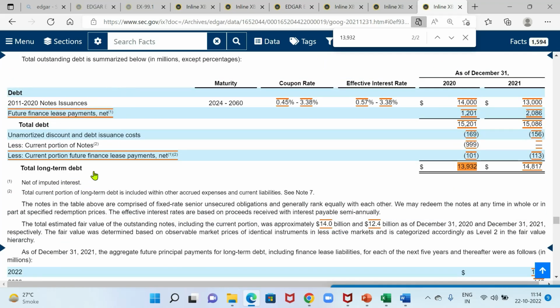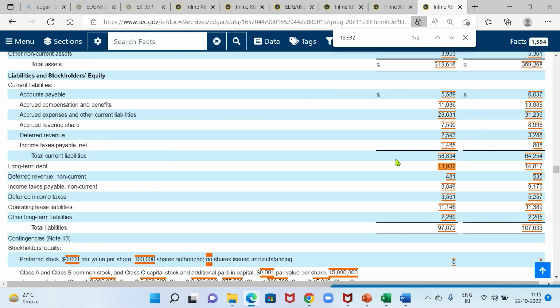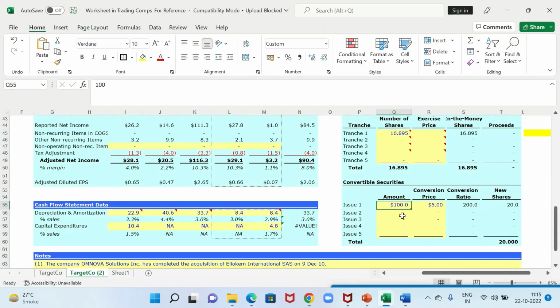This is the breakup of total debt. These are the notes issued, future lease payments. Remember we discussed the lease liabilities and other things. The company is saying it is a part of my total debt. So this is my current portion of long term debt. This is my short term 101. Since we don't have any convertible, that was added earlier for your convenience as an example. We don't have anything right now.